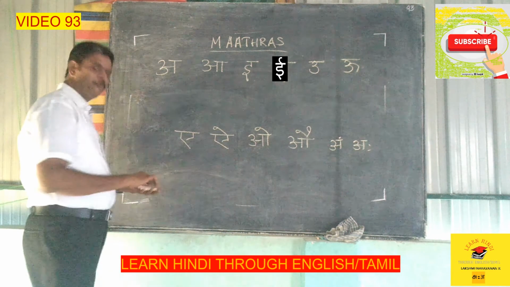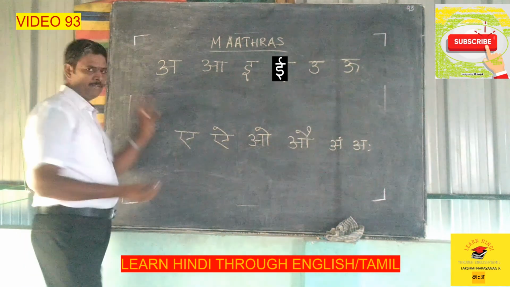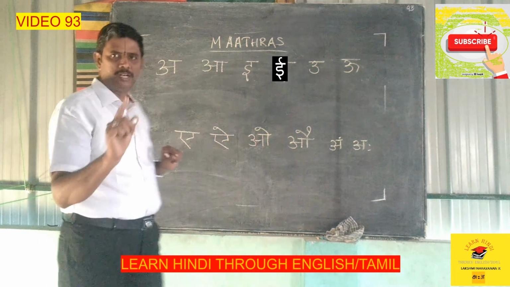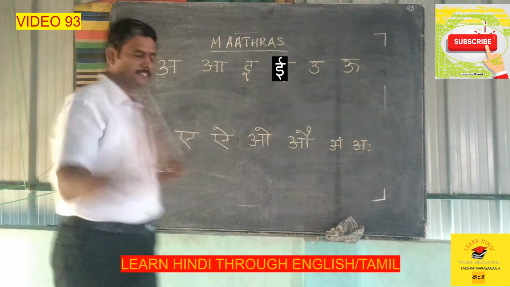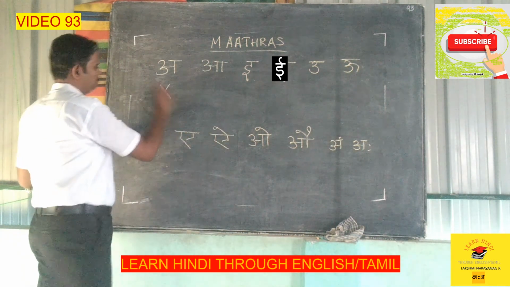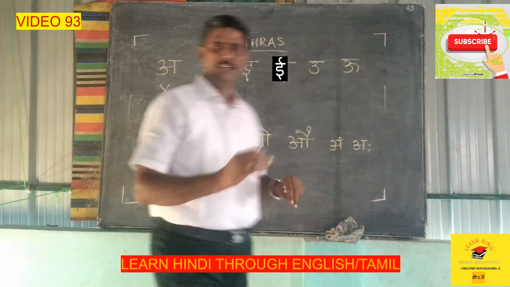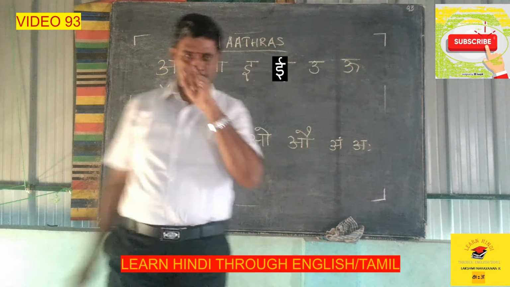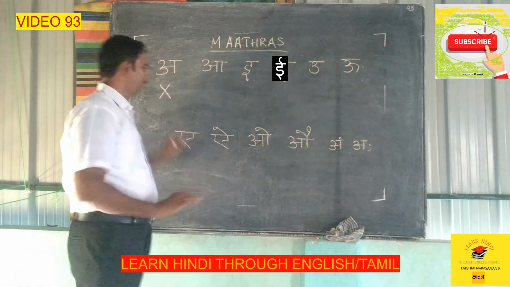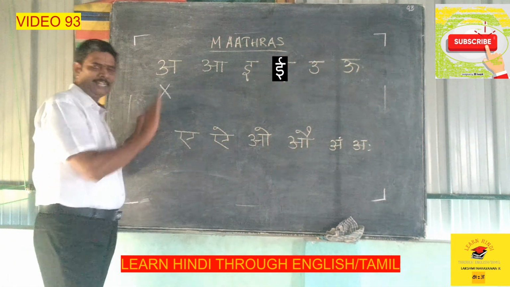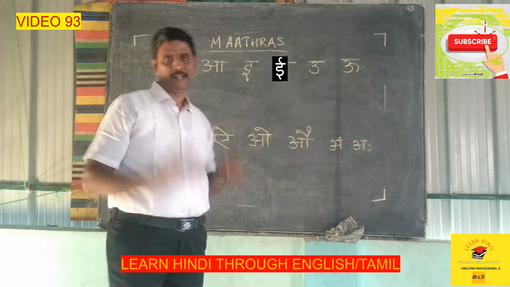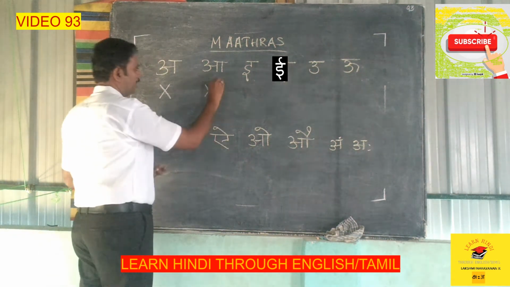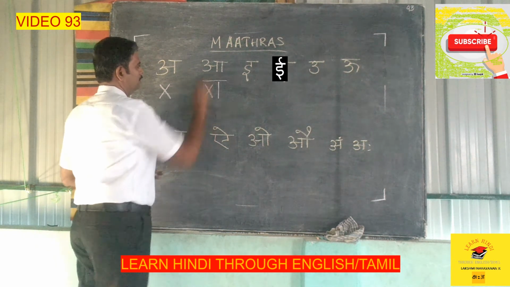Let us see. If you write the same word, for example, let me write the same word, I make an X mark. Why I make an X mark is that it stands for any letter. Ka, maybe it is Cha, maybe it's a Ta, something like that. It means you assume that there is a letter. Okay, the same letter as it is, if you write, it is a matra. After the X, if you make one line, this is a matra.